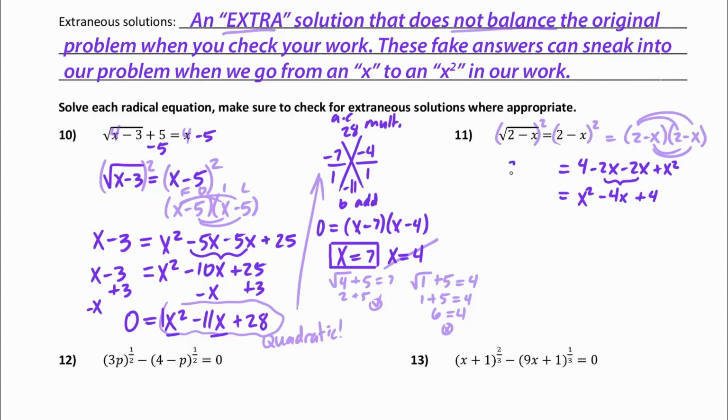Now who's on the left side? Just 2 minus x, and so I'll carry that down and start moving things across if they need to. Minus 2 and the plus x. So this problem looks like we have 0 equals x squared. That makes minus 3x and then plus 2. And again, square root doesn't work, but you could complete the square, you could use the quadratic formula,